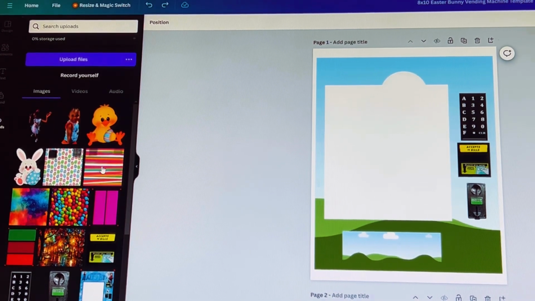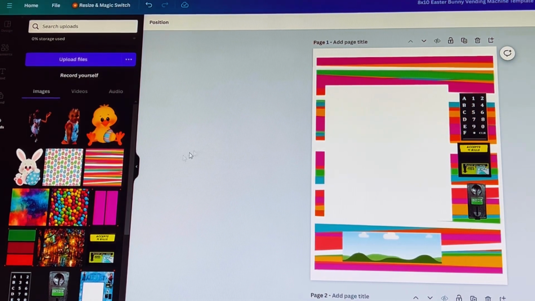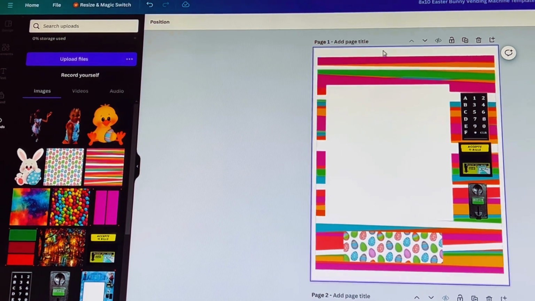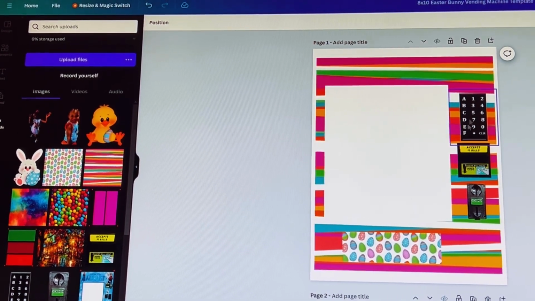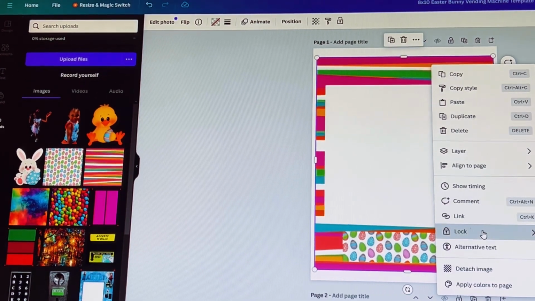So you can choose whatever image you want to select, and you will basically nest it inside. So it's basically a drag and drop. Also, it's editable. It's going to be the flap. So if you want to do the flap a different color, you can. It's also going to be a drag and drop. Once you have dragged and dropped your images inside the editable areas, you want to go ahead and lock them